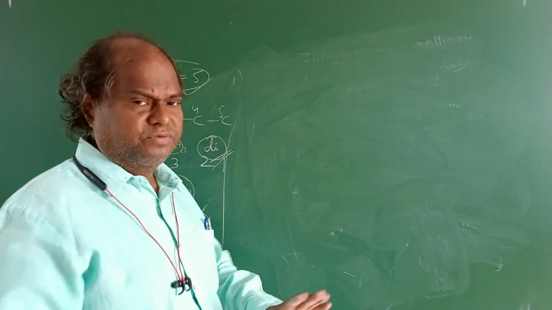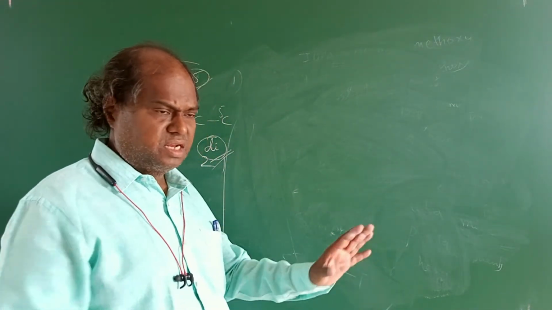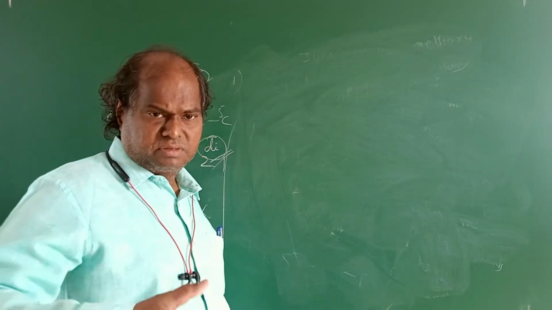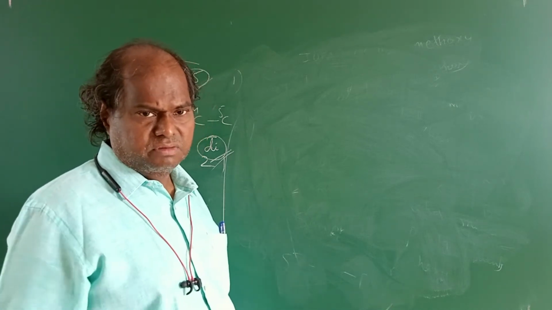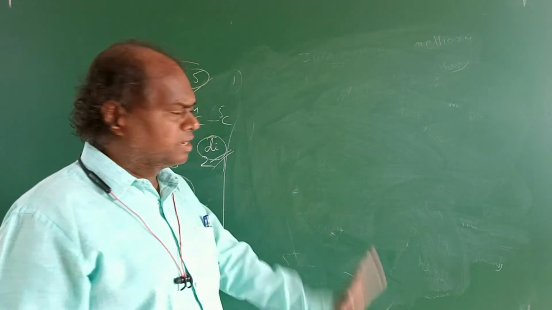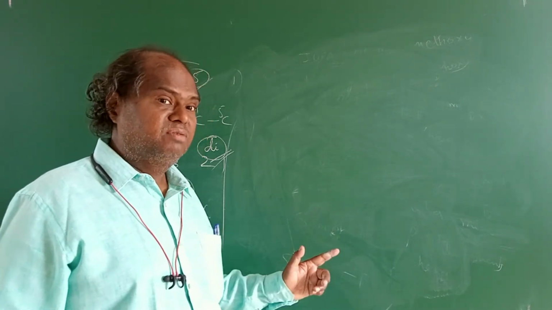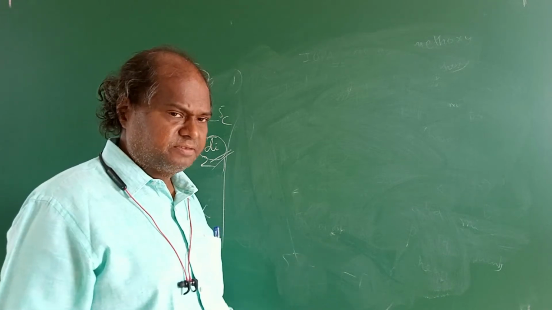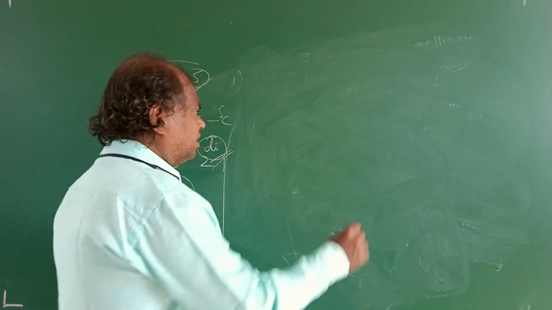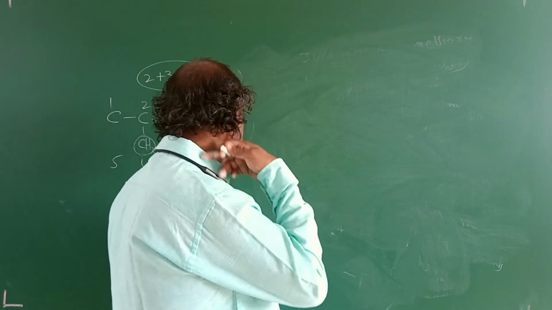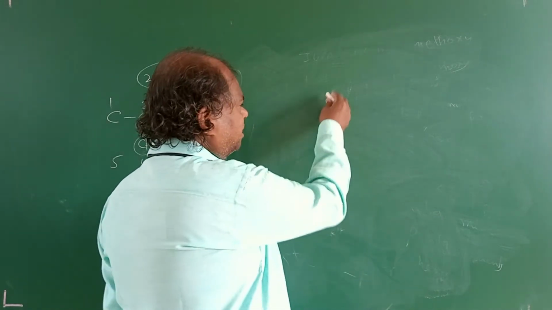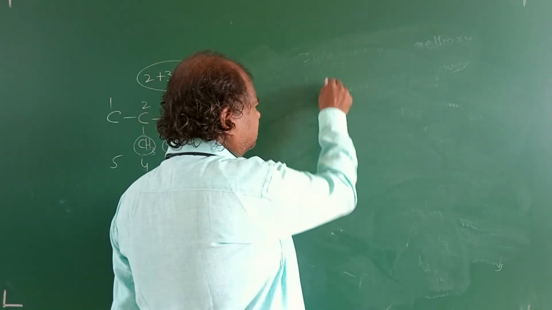So if you know these rules, what is the first rule? Longest chain you take, then the sequence with the lowest numbers, and the same substituent repeated, di, tri, etc. Clear? And last one, alphabetical order. Give it in the alphabetical order. Methyl, ethyl means ethyl will be first, then will come methyl. Okay? And one last thing, students, we can start naming it, but before that, sometimes